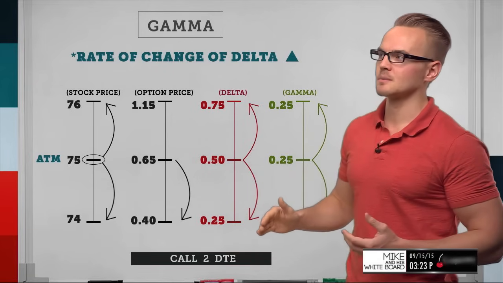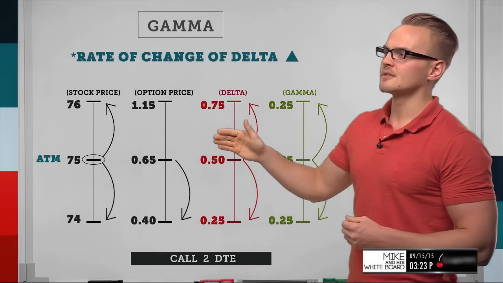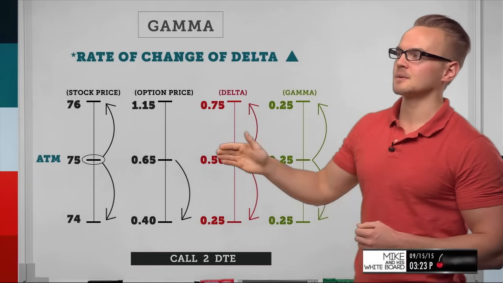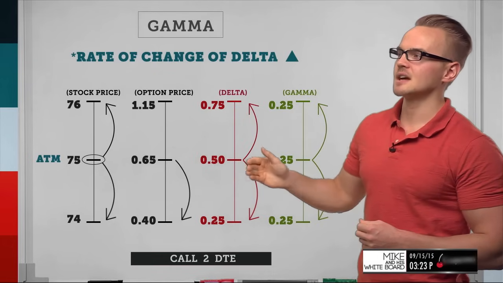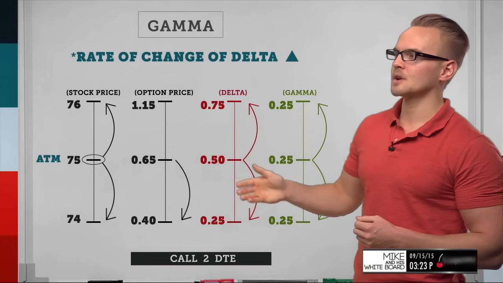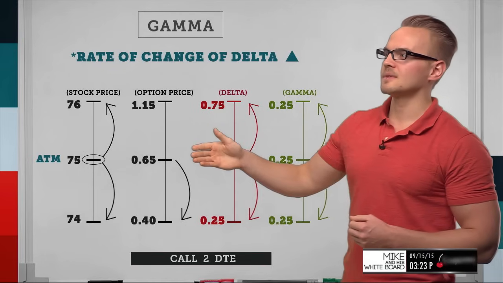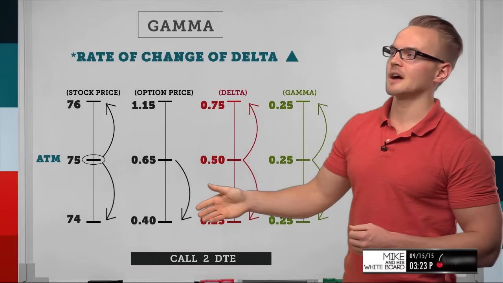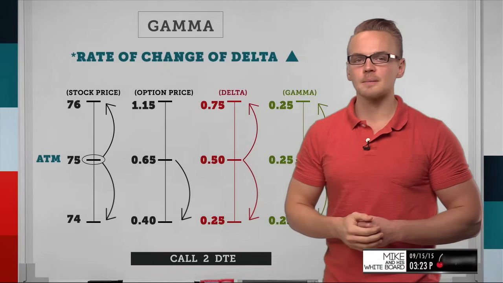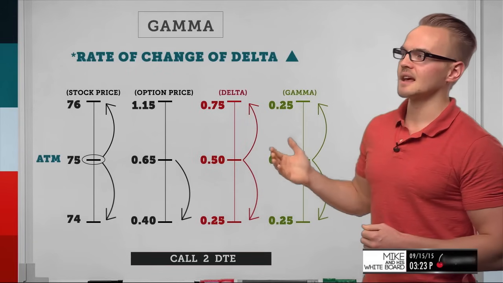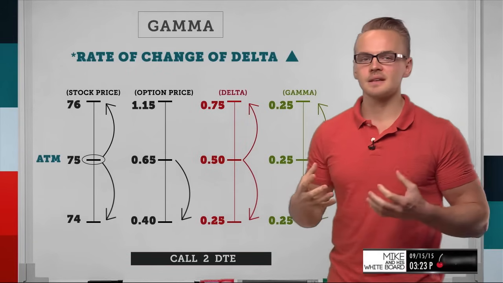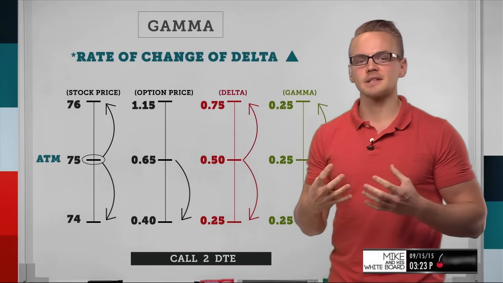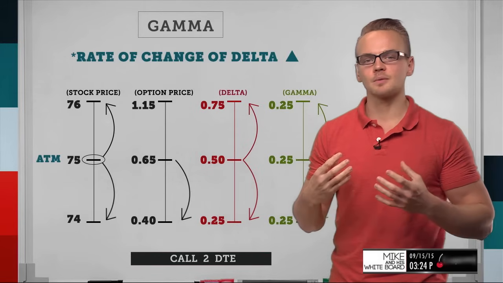So let's look at what happens when we go down. If we're going from 75 to 74, if I bought this call at 75 and it was worth 65 cents, with a delta of 50 and we're going down to 25 cents, now this is going to decrease 25 cents. So basically I've lost 50% of my value in just one stock point move. Again, you can see that gamma being high is not really good if I want to hold that delta or hold that option price, because when we're looking at a high gamma, we're looking at a high rate of